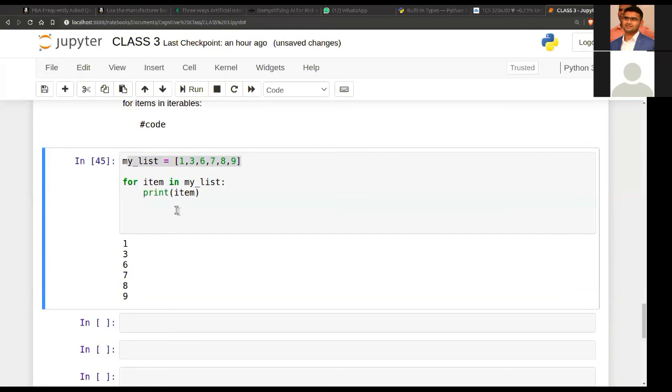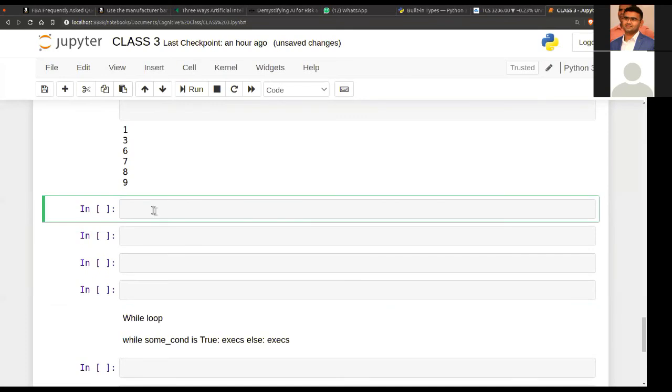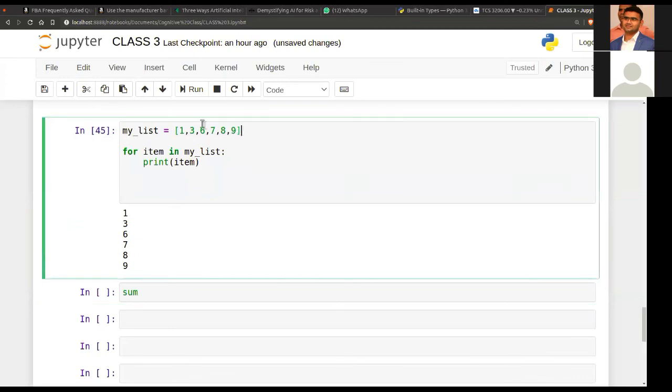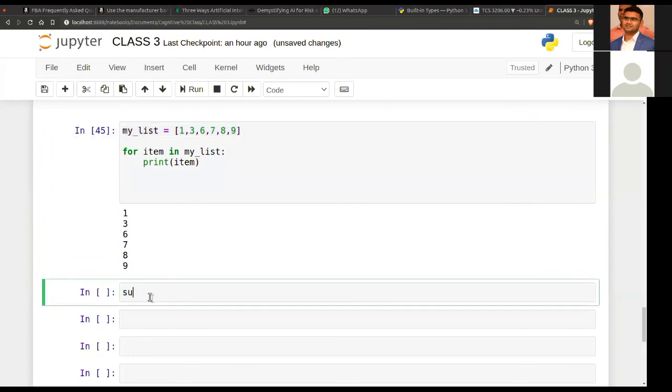Okay, so suppose now let's do a couple of things in here. Suppose I need to know the sum of all the numbers in my list, right? So how can I do that?